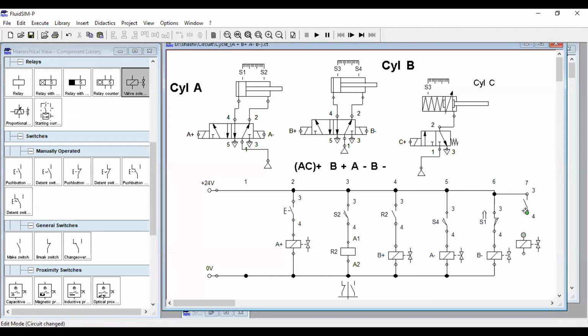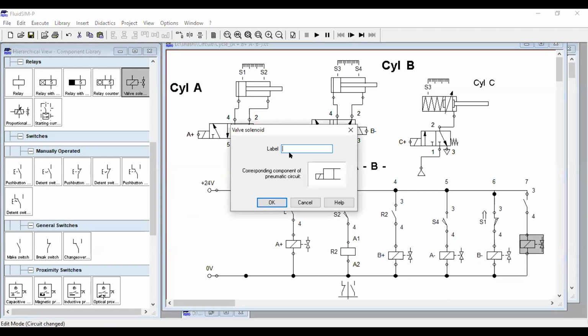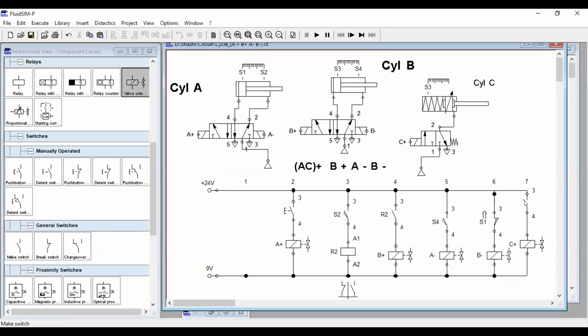Connect this solenoid to this point. We'll name it C plus. And this switch, which I want to use. As I have not used a relay over here, I can't use this function or input directly. So now we need a relay.